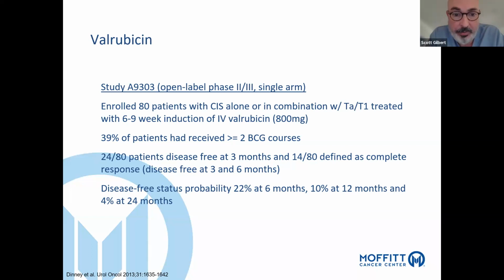They were disease-free both at 3 and 6 months. So at 6 months, a disease-free probability of about 22%, and at 12 months, 10%, and by 2 years, it was only 4%. So even when valrubicin was kind of replacing interferon in the community, when patients came in to me with either a treatment plan saying that they've been recommended to receive valrubicin, or they had received it,